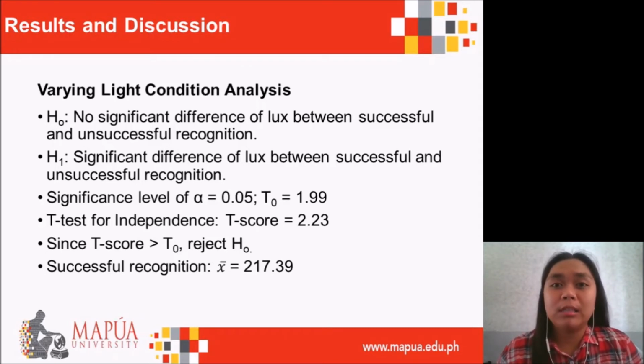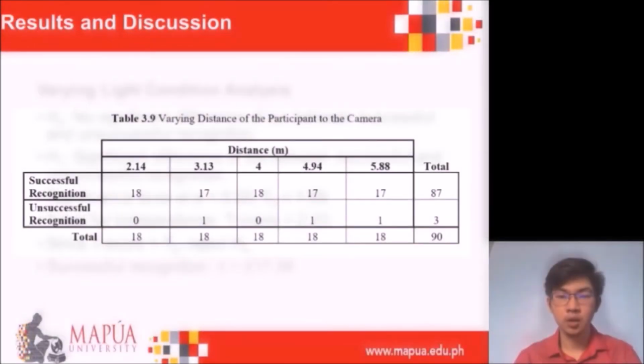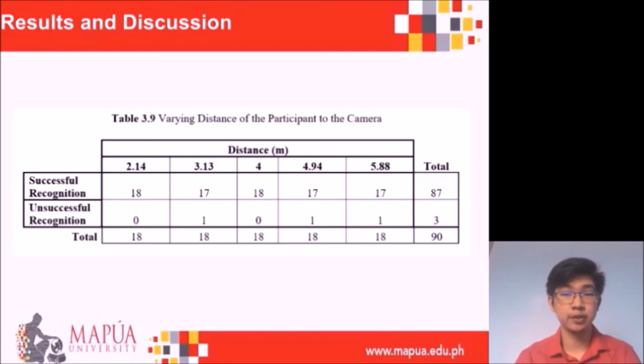So calculating the t-score, we obtain 2.23. So since the t-score is greater than the t-null, we reject the null hypothesis and conclude that there is a significant difference of lux between successful and unsuccessful recognition, with the successful recognition having a mean of 217.39 lux. Moving on to the varying distance, we have our gathered data, consisting of 18 participants through 5 different